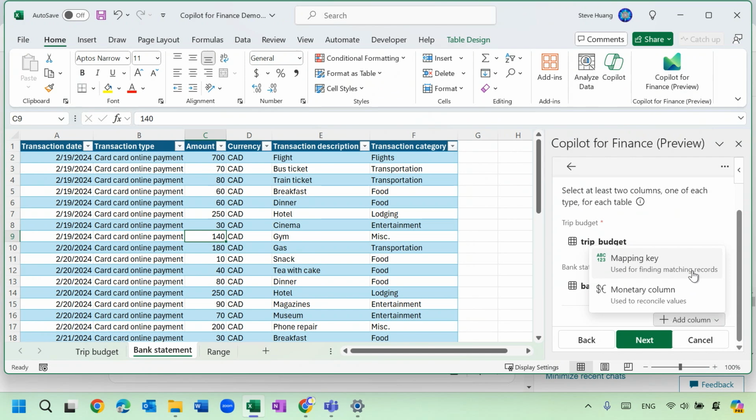Now, the two types of column are mapping key and monetary column. Mapping key is for us to find matching records. With our data over here, the mapping key will be the date and category, and the monetary column will be the amount. So now I will click on mapping key,